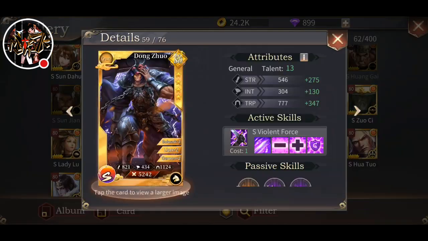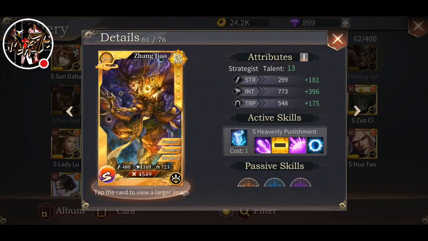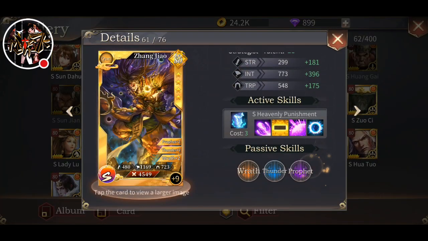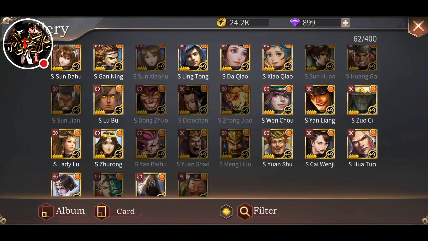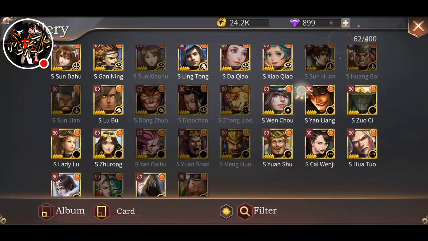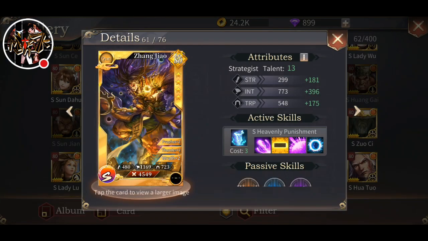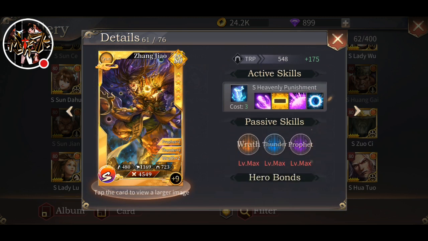We went through Dong Zhuo, we went through Diao Chan. With Zhang Jiao, he's basically a weaker version of Zhuge Liang. Okay, so if you want to run him main, it's up to you. But another way is a lot of people on Chinese server run Zhang Jiao alongside Zhuge Liang. The reason is because his intellect is 1169. It's very high, and what they do is they make his intellect actually higher than Zhuge Liang through gears,